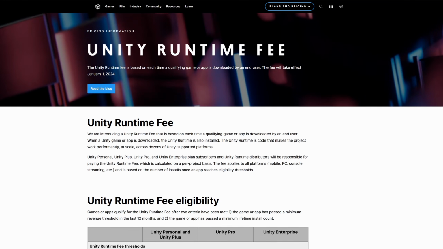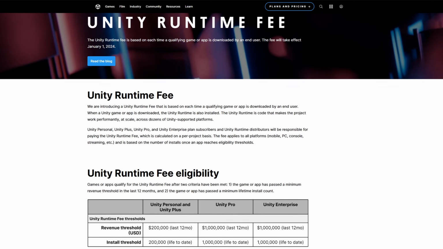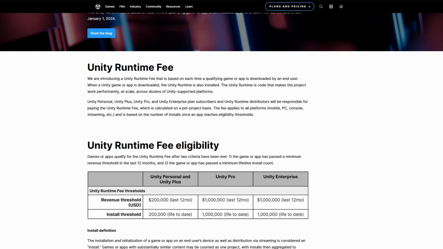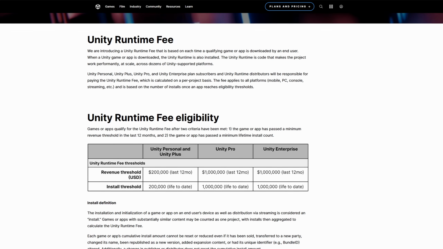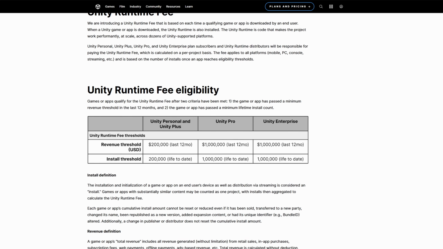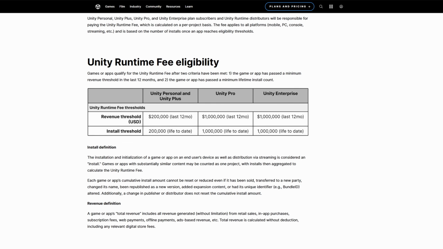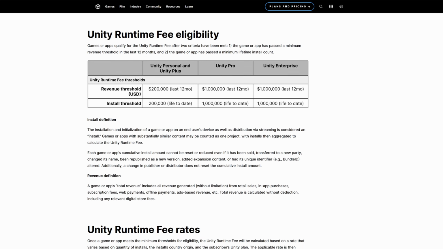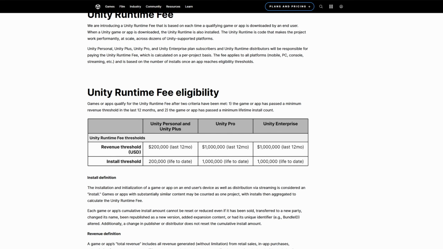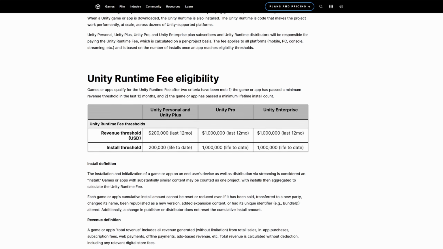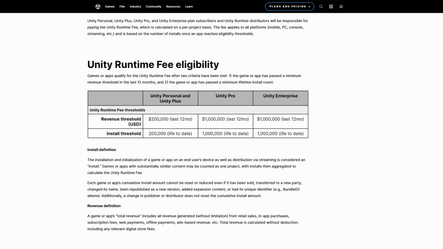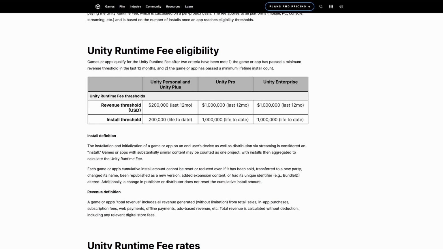For those who don't know, Unity have just announced that from January 2024, developers will have to start paying them every time someone installs their Unity game, but not until the game has made more than $200,000 in revenue and has had 200,000 installs. Once that threshold has been met, developers are responsible for a one-time fee of 20 cents per install. So if a game makes more than $200,000 and has 200,015 installs, the developer will be liable for